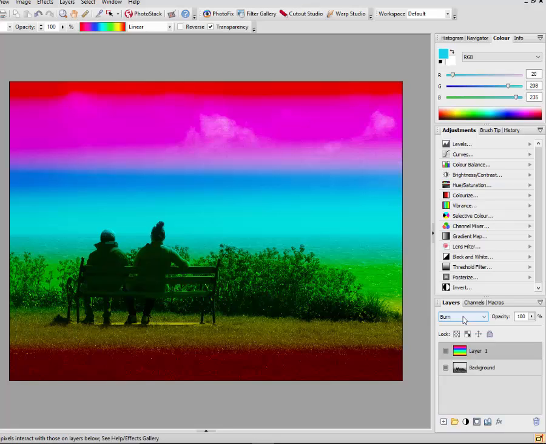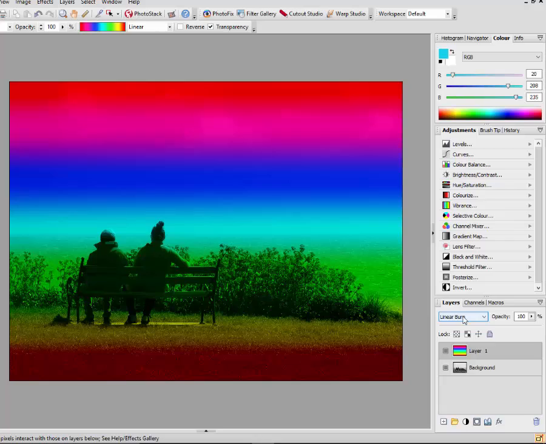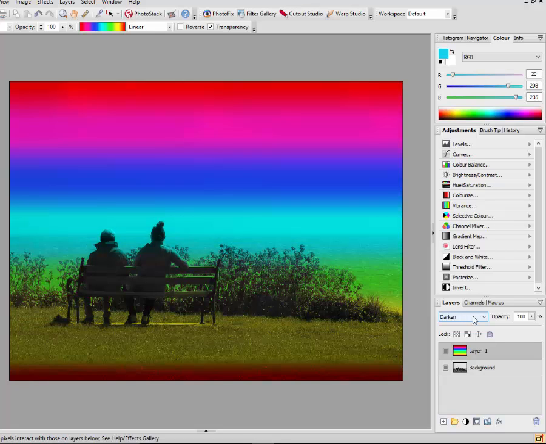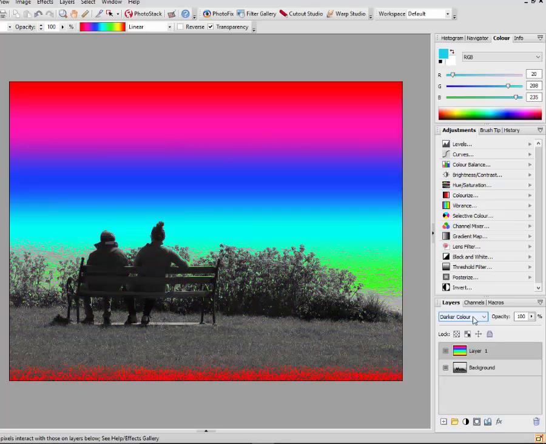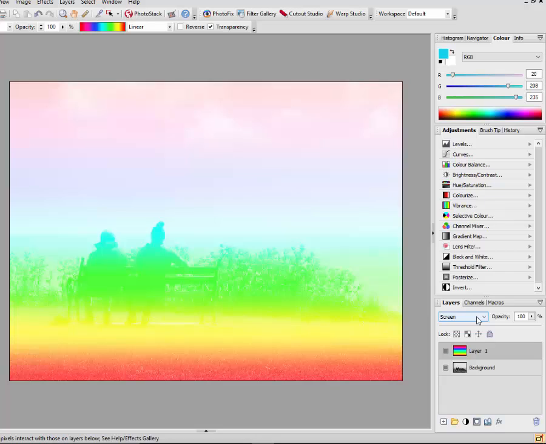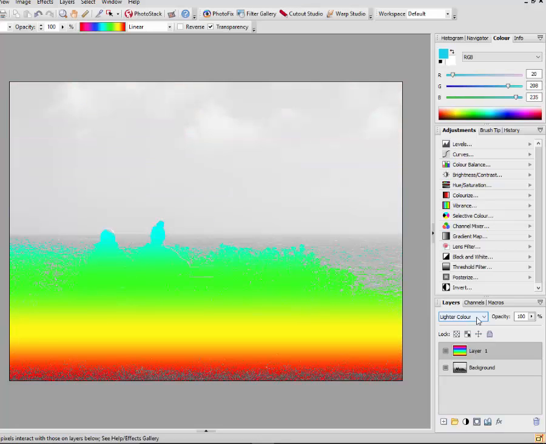Now some of these, like between multiply and burn, there's very little difference happening, but some have vast differences in how they affect the image. Linear burn, darken, darker color, screen, dodge, add, lighten, lighter color,